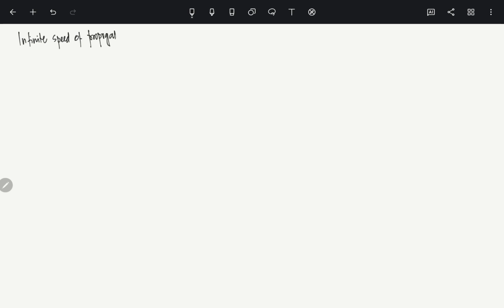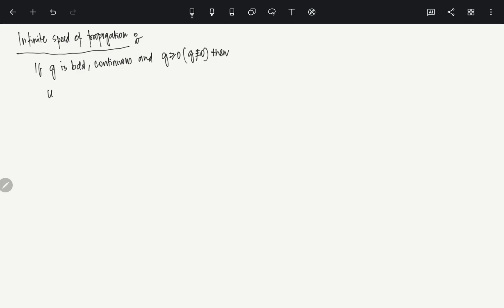Propagation. Okay, what does it mean? It means that this is called physically infinite speed of propagation. What it means is this: see, if g is bounded and continuous, and g is greater than or equal to 0, g not equal to 0,